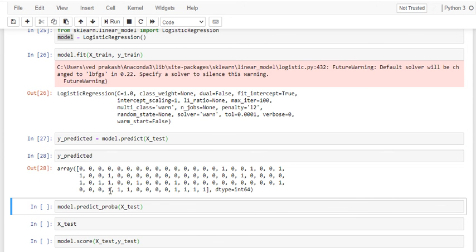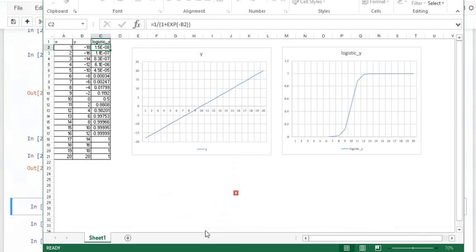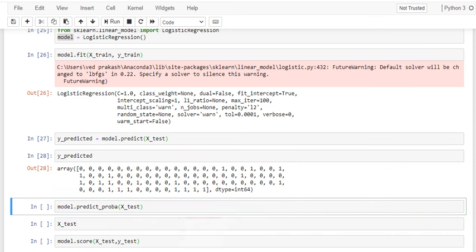So these are, you could see some zeros and some ones. And so logistic regression gives value in between 0 to 1, as you had seen in this example. So it gives value between 0 to 1, and based upon some cutoff it has been decided whether it's 0